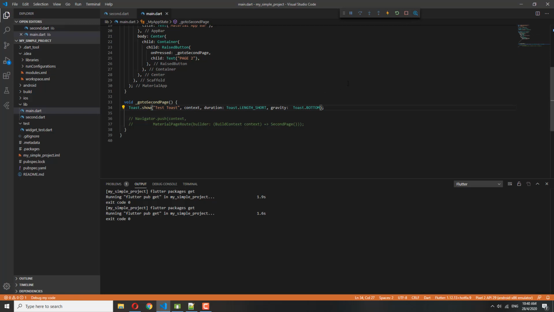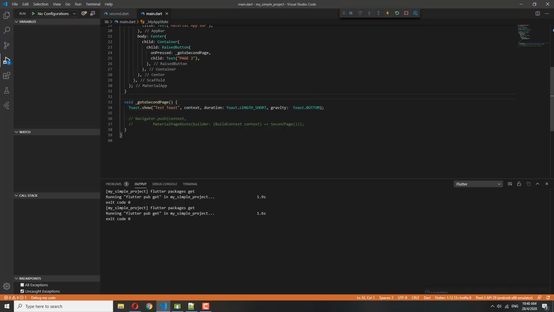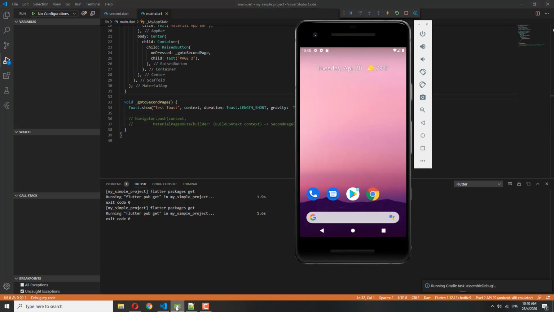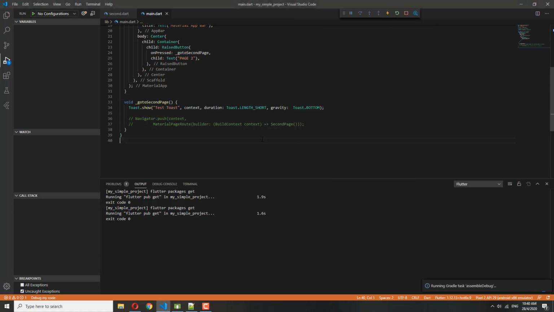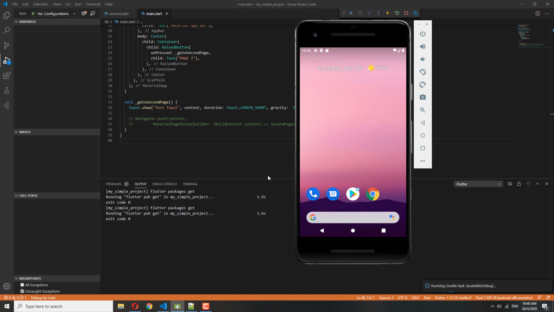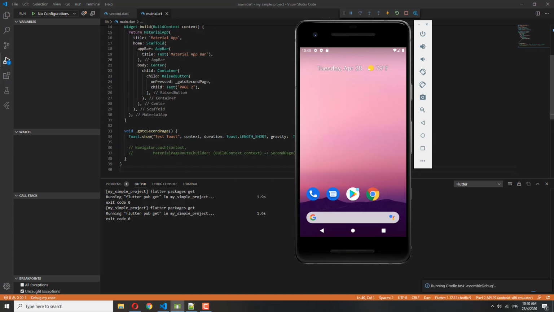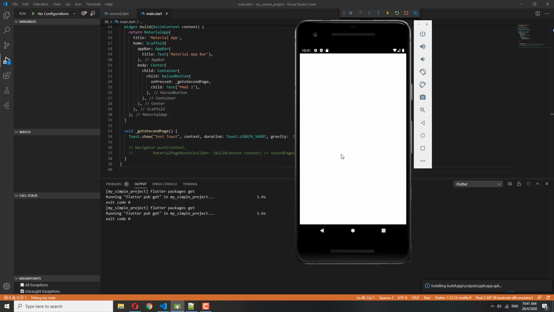Since this is a new widget, we need to rerun again. Sometimes they don't import into the project, so we have to restart the application, reinstall the application back. Alright, so by right it should work because we just call this method, and then the method should execute this toast without any problem, which is weird. Alright, let's see. When I press this button,